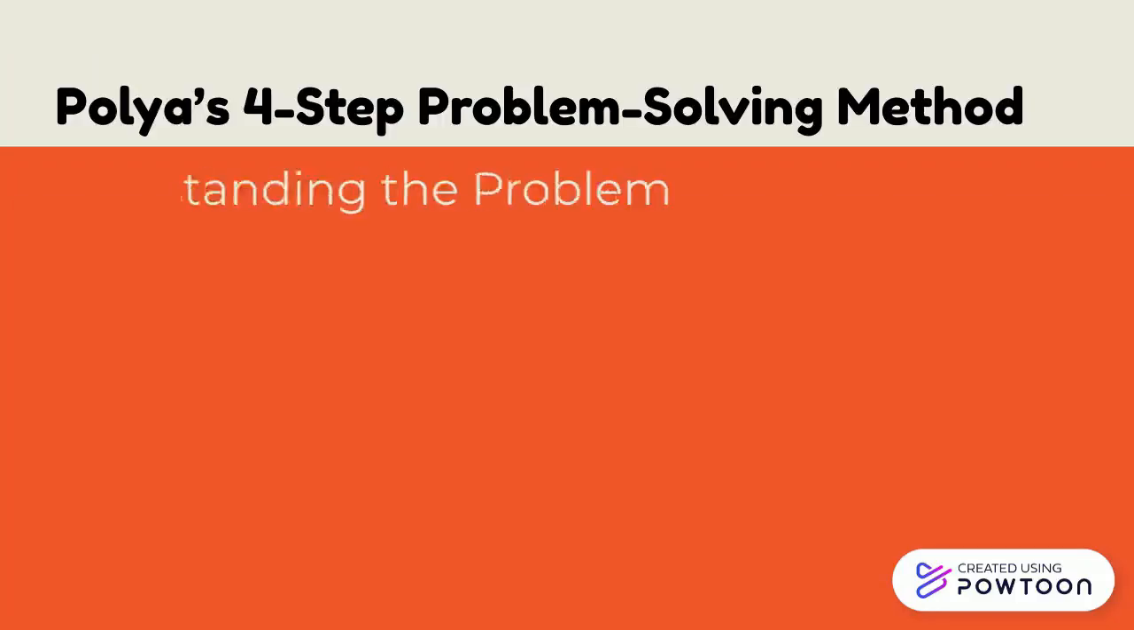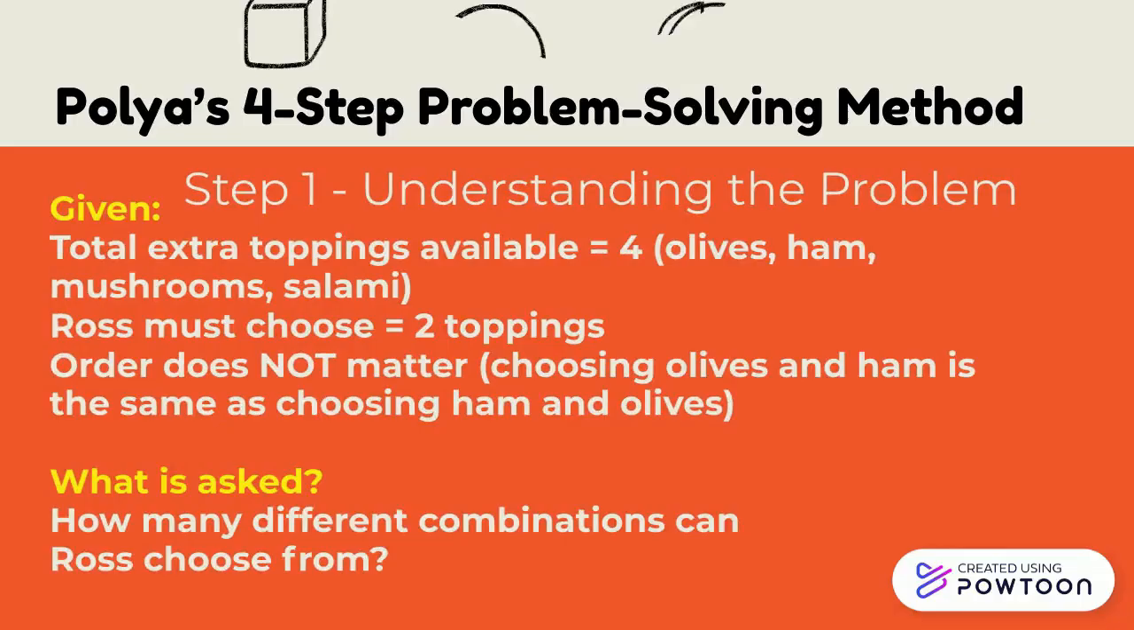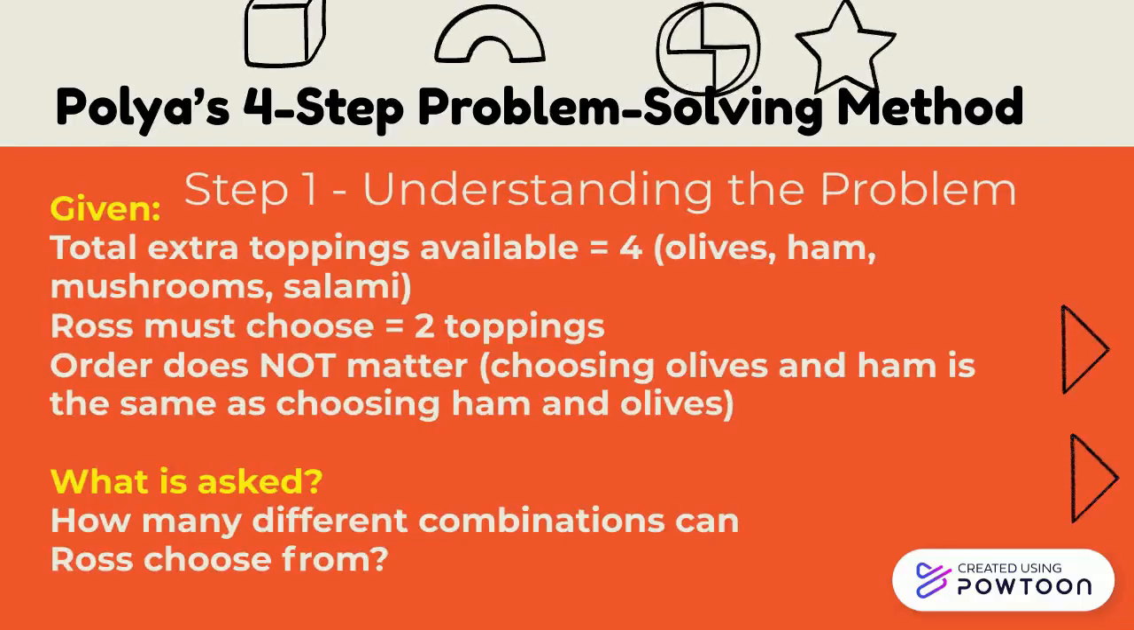The first step in Polya's problem-solving method is to understand the problem. Let's identify the given. Ross is selecting extra toppings for his pizza. There are a total of 4 available toppings: olives, ham, mushrooms, and salami. He must choose 2 toppings, and since the order of selection does not matter, meaning that choosing olives and ham is the same as choosing ham and olives, this problem involves combinations rather than permutations. The question we need to answer is, how many different combinations of 2 toppings can Ross choose from the 4